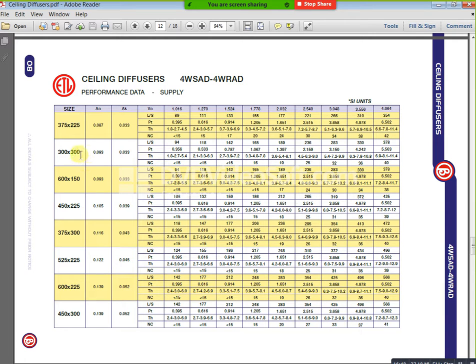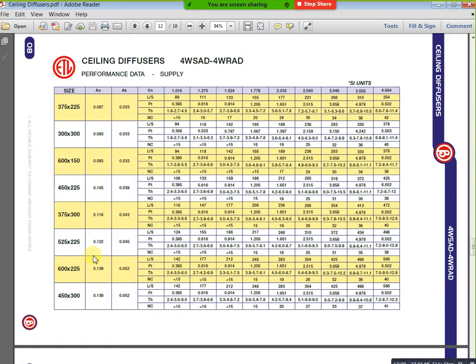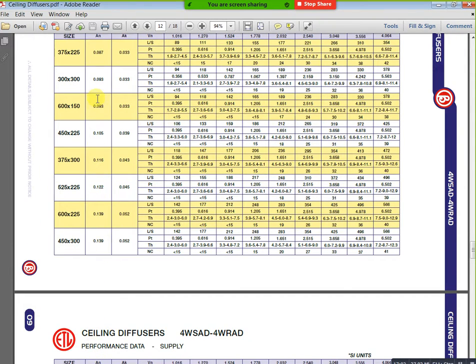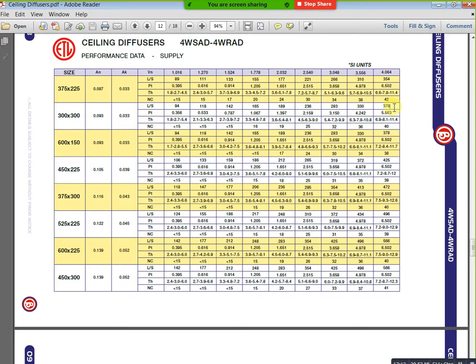I need the square condition, so you can prefer square. 300 by 300 is there, but 300 by 300 only goes up to 378 liter per second, not more. Flow applicable 94 to 375. This is the minimum, this is the maximum.